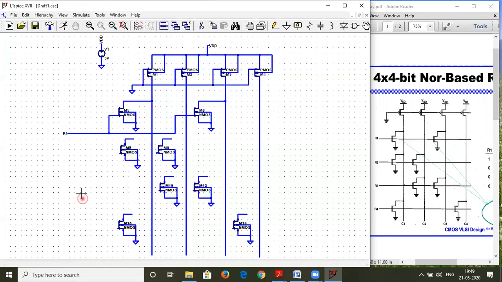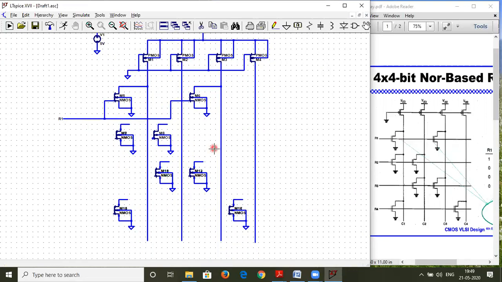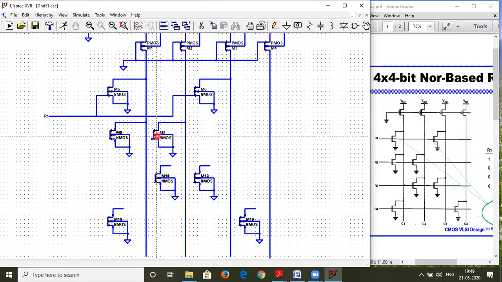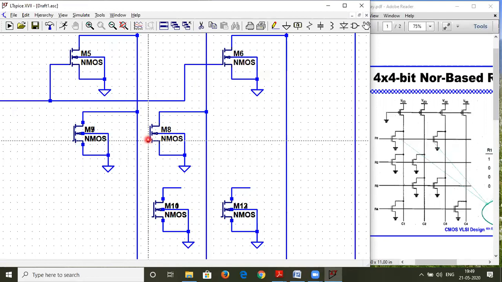Okay. Now similarly, we will do the other connection. So let us check for the second case. Second case, we will have to connect it to the second column over here and the next transistor over here. And about the gate terminals, well, they have to be tied together. So let me just expand this so that it will be easier to connect.